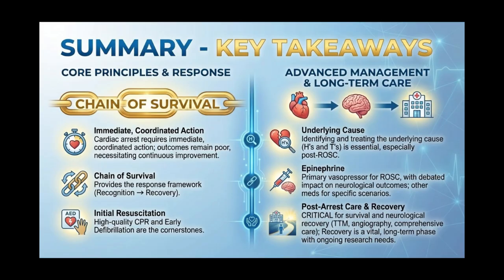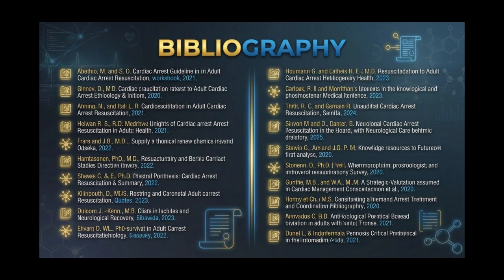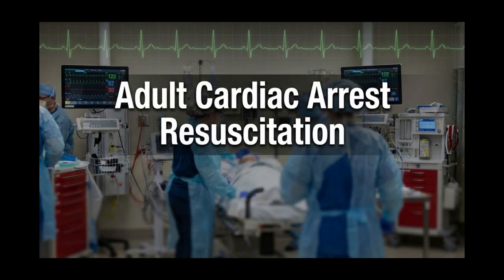Examples include anaphylactic reactions, where immediate administration of epinephrine is necessary, rapid identification and correction of causes following post-cardiac surgery, immediate defibrillation in cases of witnessed ventricular fibrillation or ventricular tachycardia, as well as consideration for drowning, pregnancy, where perimortem cesarean section may be indicated if there is no rapid return of spontaneous circulation after 20 weeks of gestation, prevention of complications following pulmonary embolism with possible thrombolysis, and management of toxic exposures with specific antidotes as indicated.